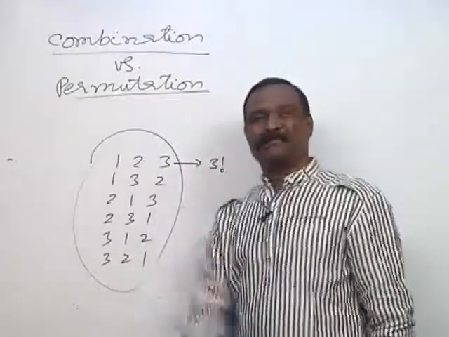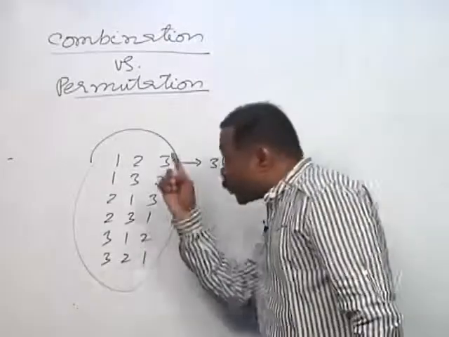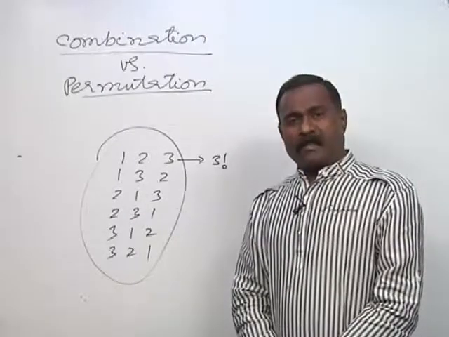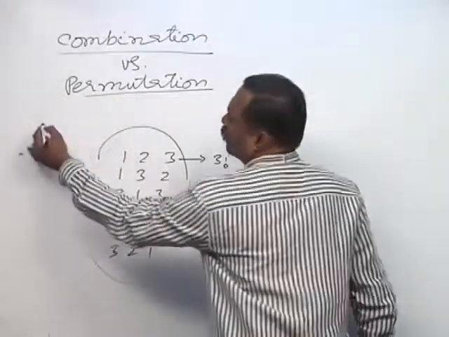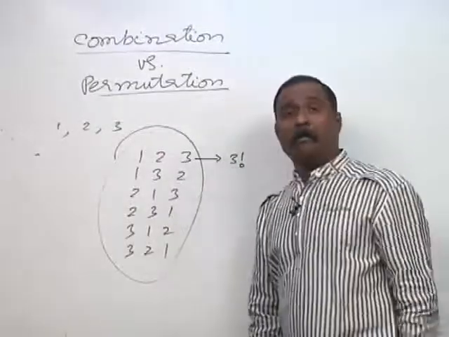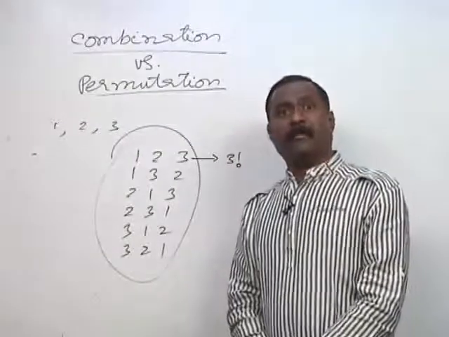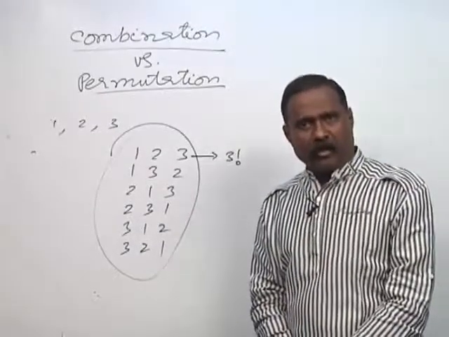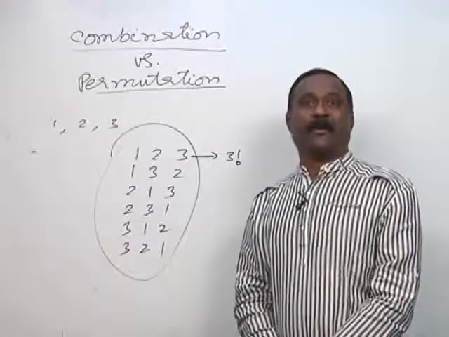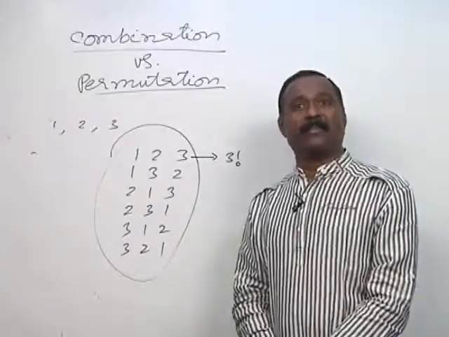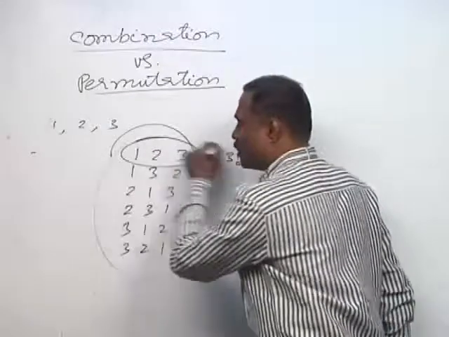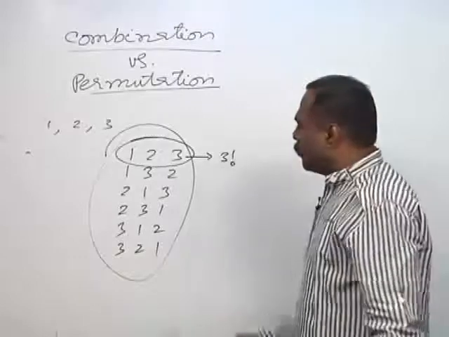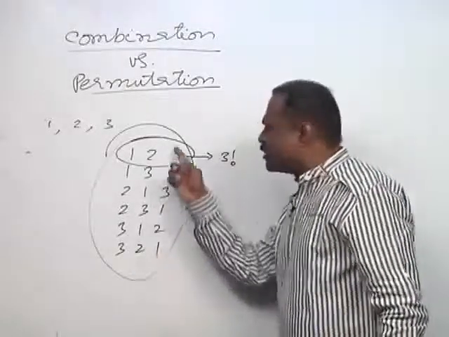If it is a combination, understand. If the combination is to be applied in this case, then the question will be like this. What is the permutation of the digits 1, 2, 3 by taking all at a time, such that the digits are in ascending order of magnitude? How many are there? Only 1 is there. Understand that? Only 1 is there. But if you see the remaining, all are not in ascending order of magnitude.